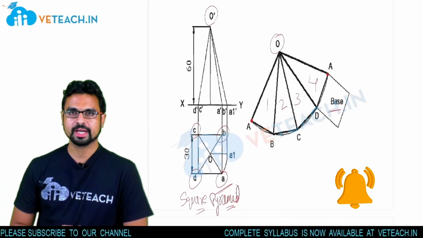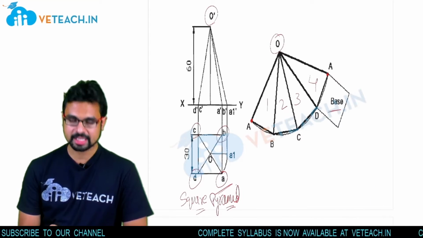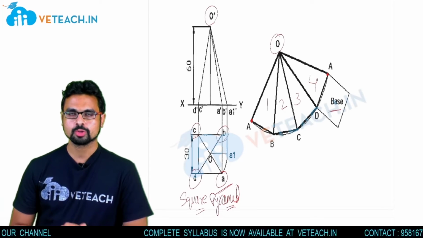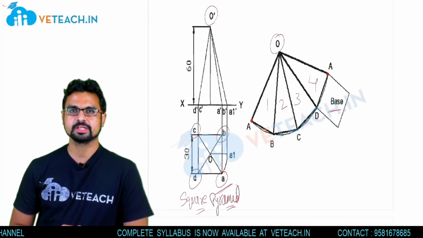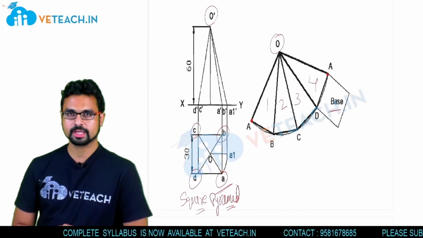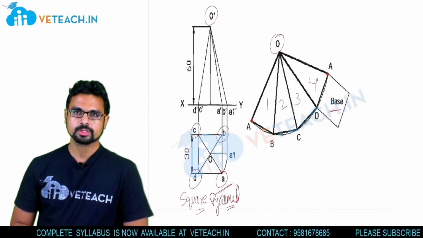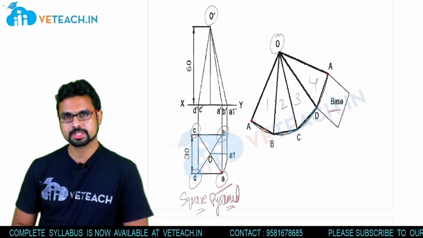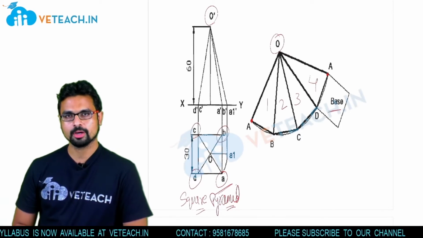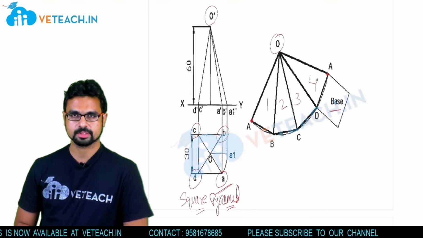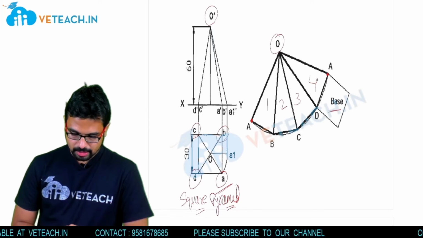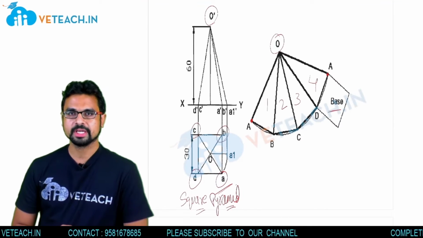So there you can come to clarity about how we are going to draw the lateral surfaces of different solids. Clear? For example, if we have a cone, how can we draw a lateral surface for a cone? If we take an example of a cylinder, how can we draw the lateral surface of a cylinder? If we have pyramids or prisms, how can we draw their lateral surfaces? We will discuss that in the coming examples. Clear? So these are all the basic and major concepts that come in engineering drawing.